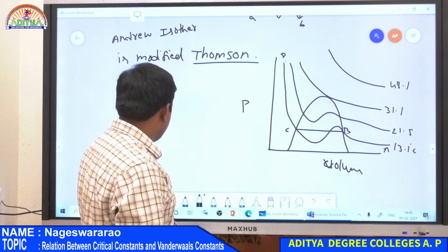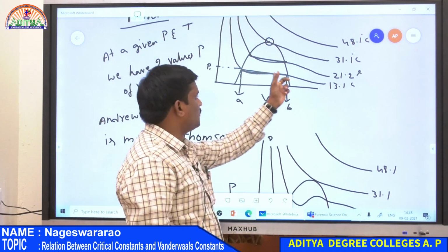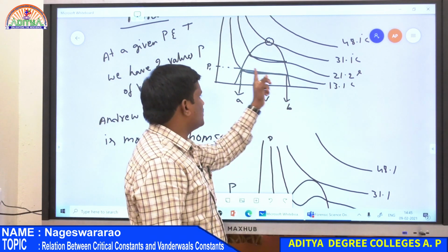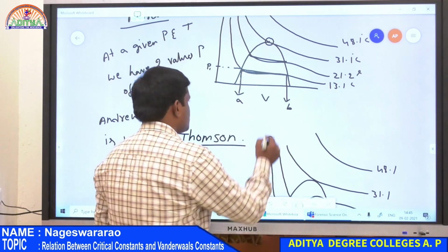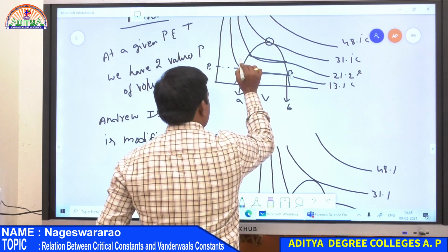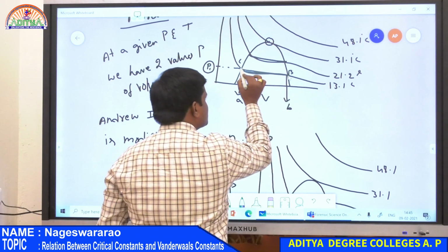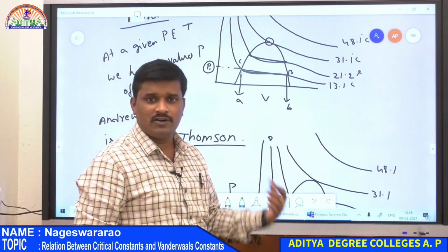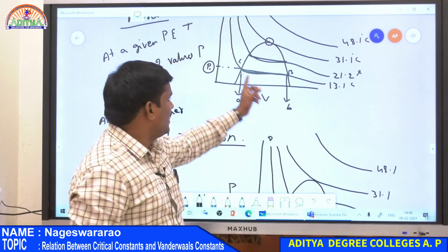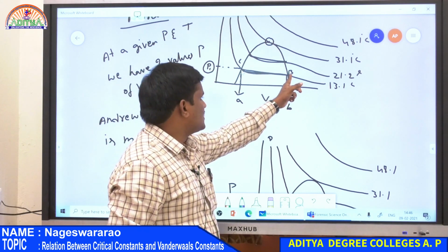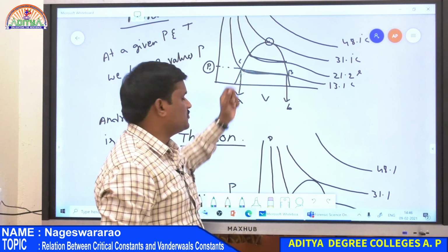But what is the difference between these two isotherms? In this isotherm we get a horizontal portion at which a gas becomes liquid. So there is a sudden decrease in volume from B to C. So this is B, this is C. For the same pressure, the volume suddenly decreases from B to C, because here gas is converted into liquid, since liquid has a very small volume compared to a gas. Therefore at this pressure, this CO2 gas becomes converted into liquid, therefore volume suddenly decreases from B to C.